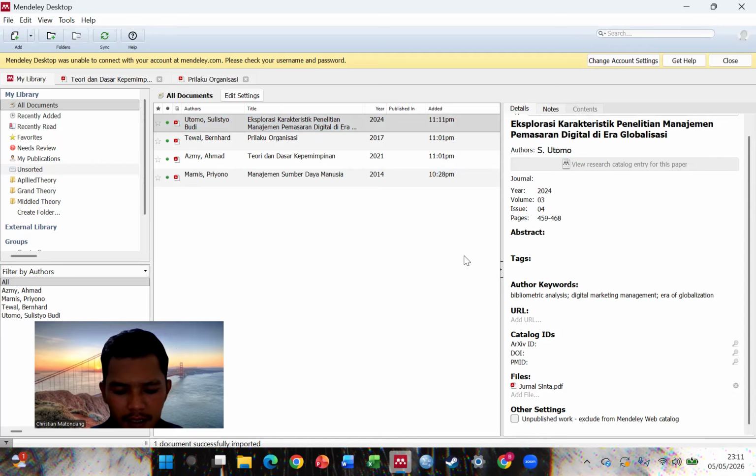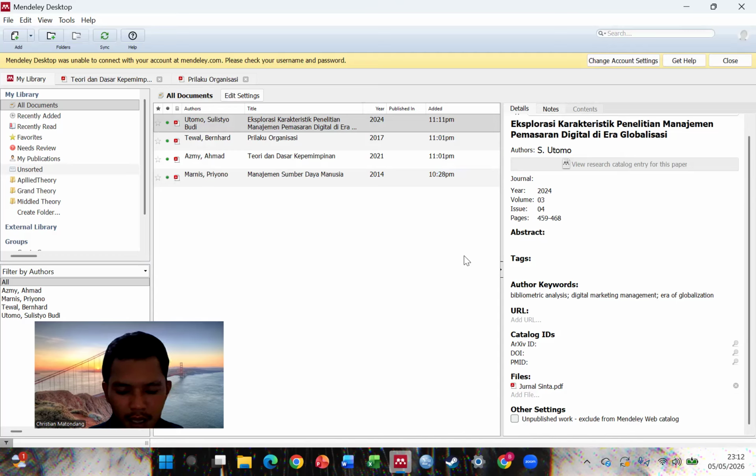Now let's check the details in the right-hand panel. Even though we added it automatically via Add Files, we still need to verify the data carefully. Type: make sure journal article is selected. Title and author: ensure the title and author's name match the PDF document.